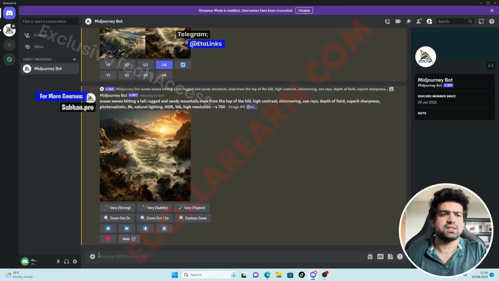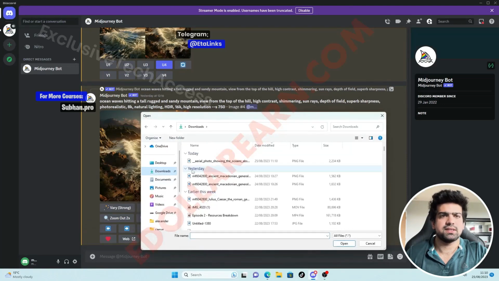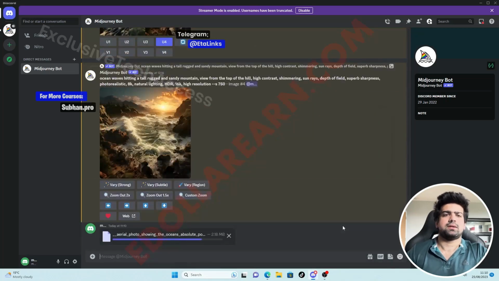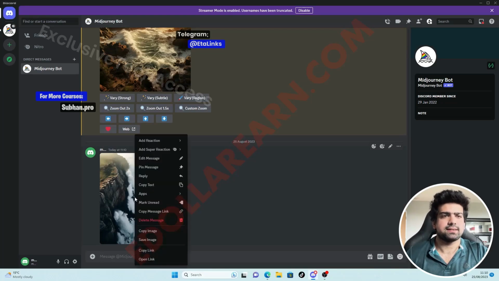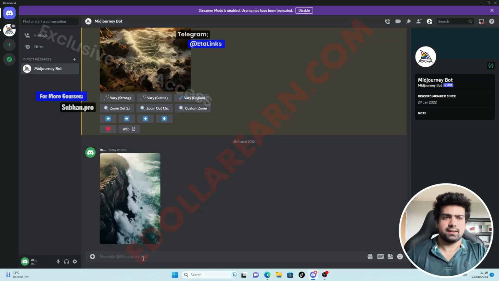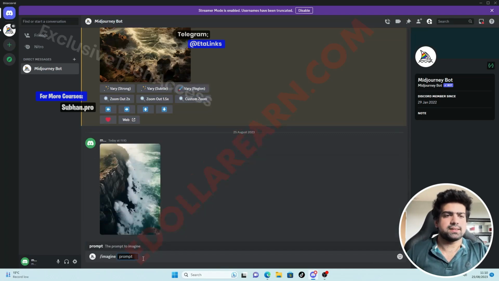I'll go back to Midjourney Discord, and using this plus icon here, I'll upload the image I just downloaded from the Midjourney community feed. Open, enter, and now the image that we downloaded is here in the Midjourney bot. So we right click the image and do copy link, and then we enter the prompt how we usually create an image. So /imagine. Midjourney recognizes that you are about to enter a prompt. I paste the link,